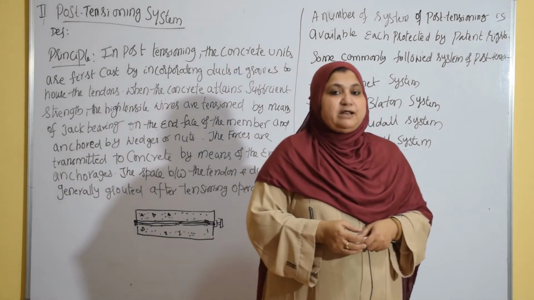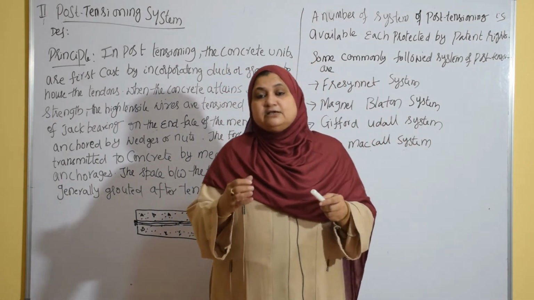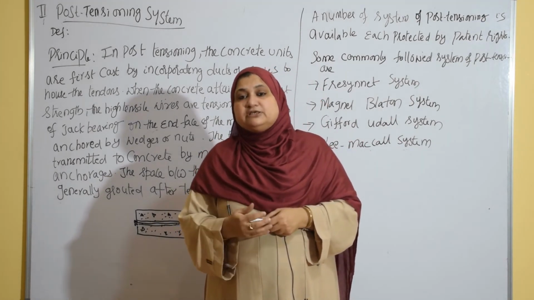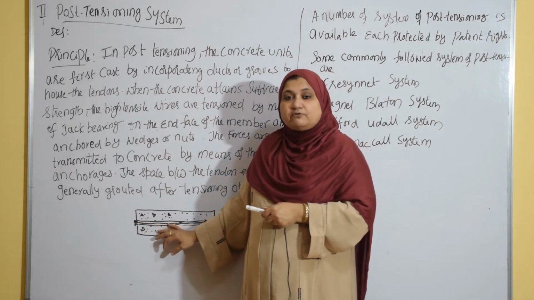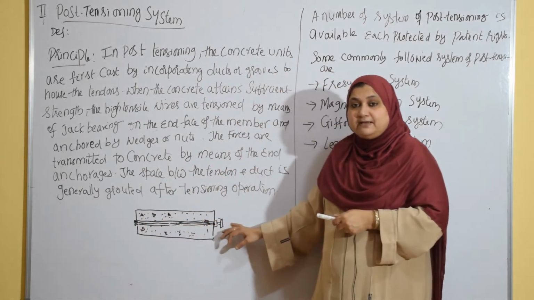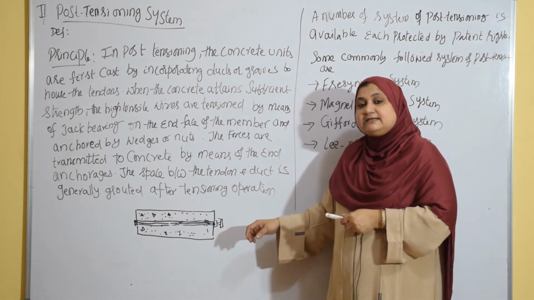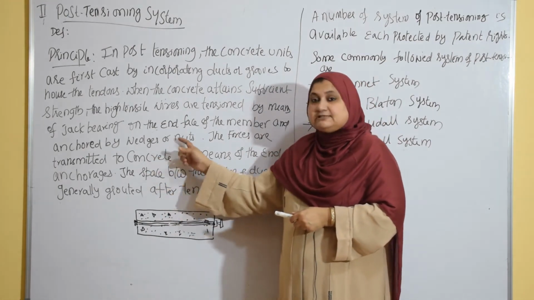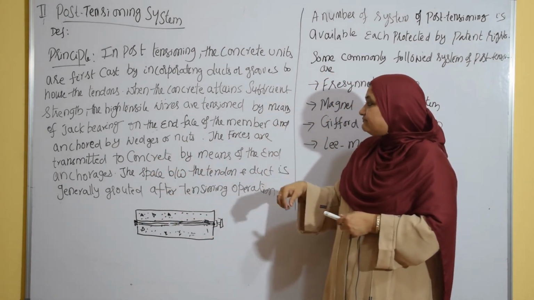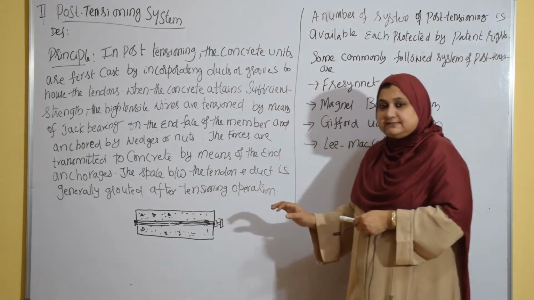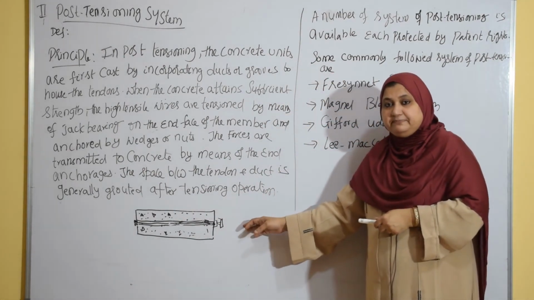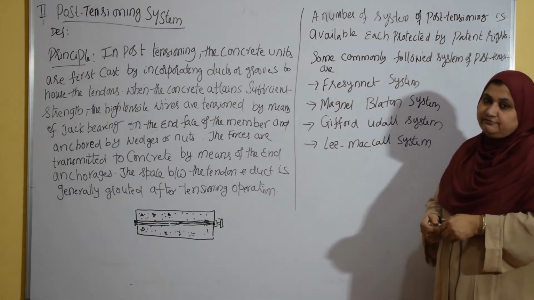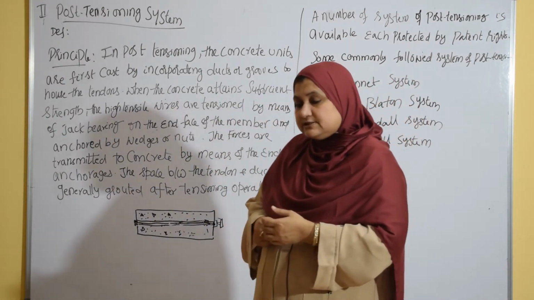Pretensioning is very simple. I have already shown you a single unit pretensioning method and a mass production method also. In post tensioning, first a concrete block will be made. In that a groove will be left over, a duct will be there. In that duct high tensile wires will be inserted and those will be anchored by wedges or nuts, and then forces will be transferred by jack bearing on the end plate. The force will be transferred by means of end bearing. So these are the common systems of post tensioning. Fine. So this is the system of pre-stressing.